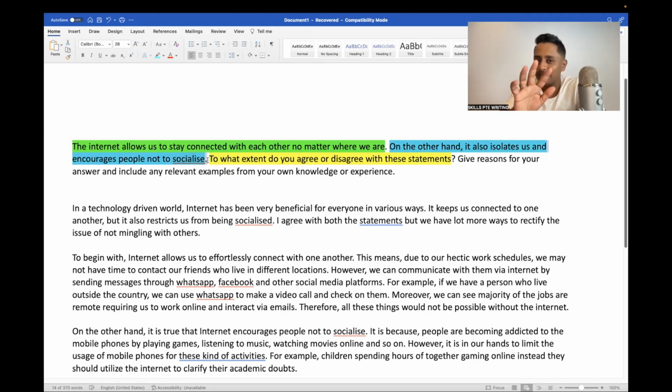Remember, just read the statement. On the other hand, it also isolates us and encourages people not to socialize. I disagree. But internet allows us to stay connected with each other no matter where we are. I agree. This is partial agreement. Guys, hope you are getting it. In such cases,